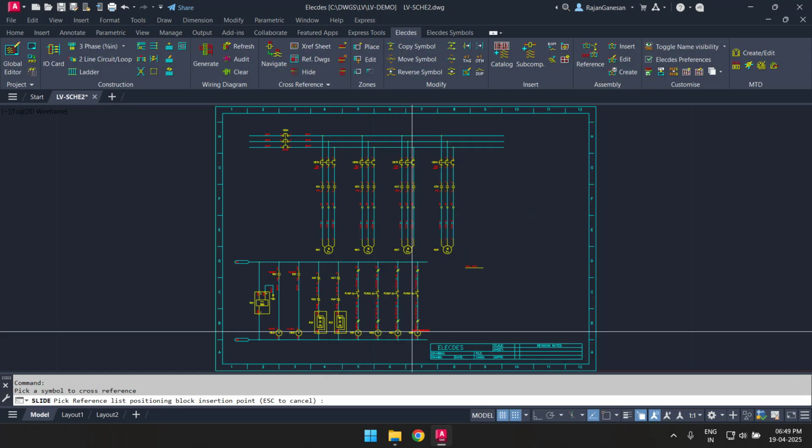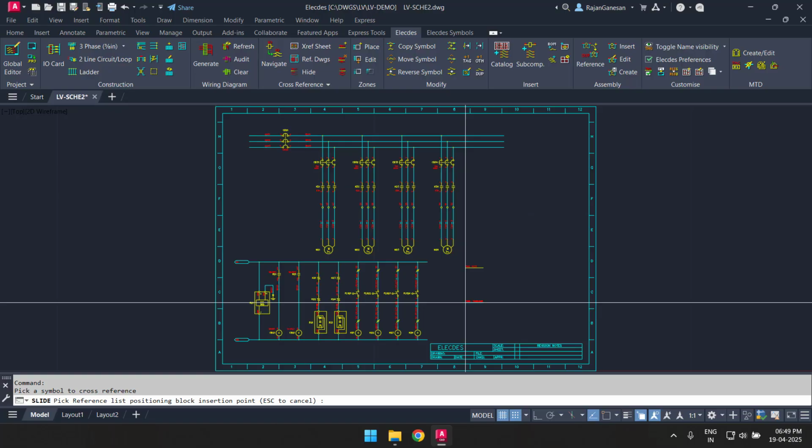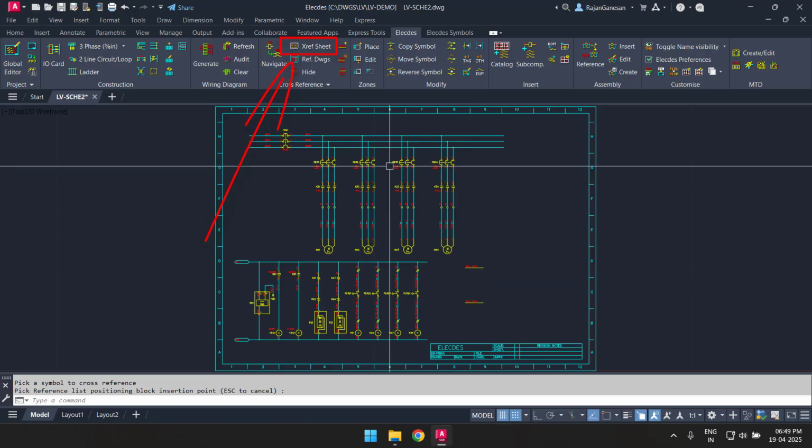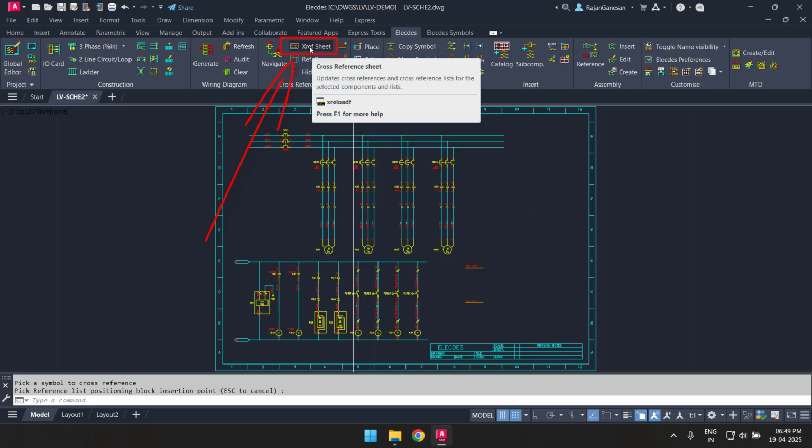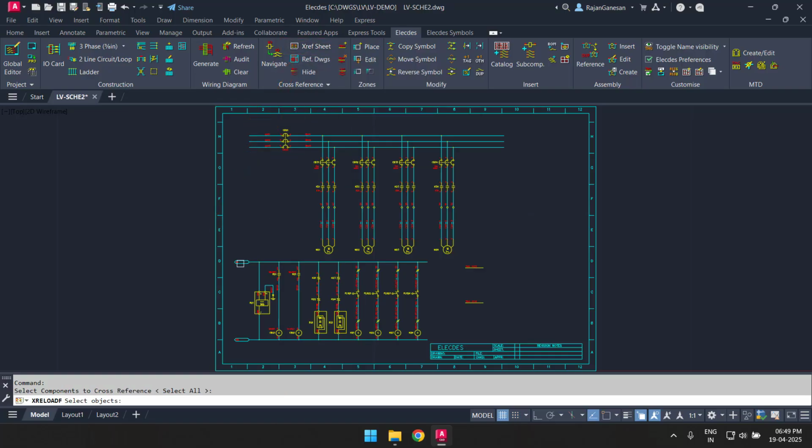I'll select the cross-referencing tool from the ribbon menu. The cross-reference tool asks me which components and tables I wish to reference. This enables surgical selection of the items to be referenced. I'll include the wire extensions and relays K24 and K25.